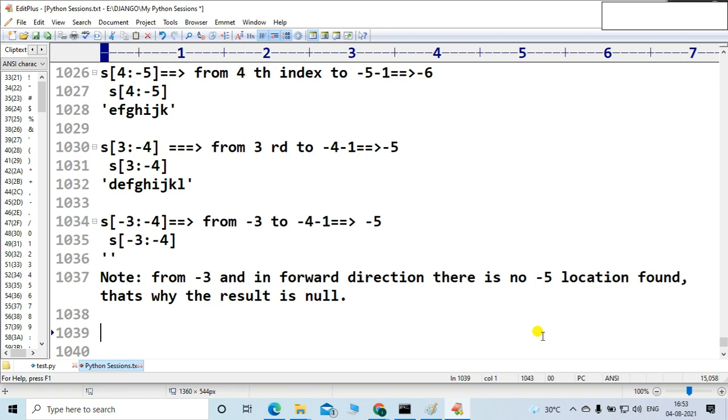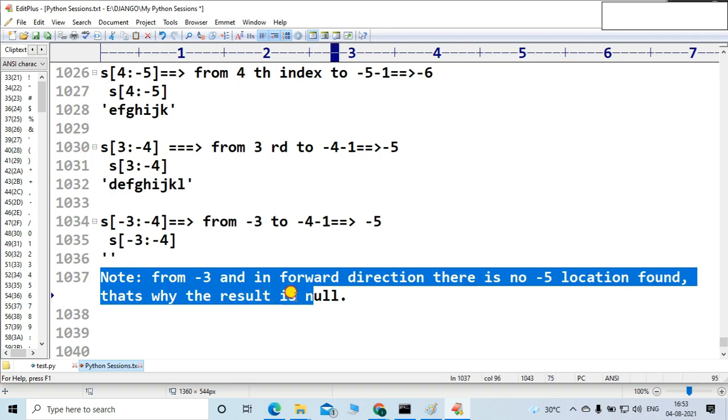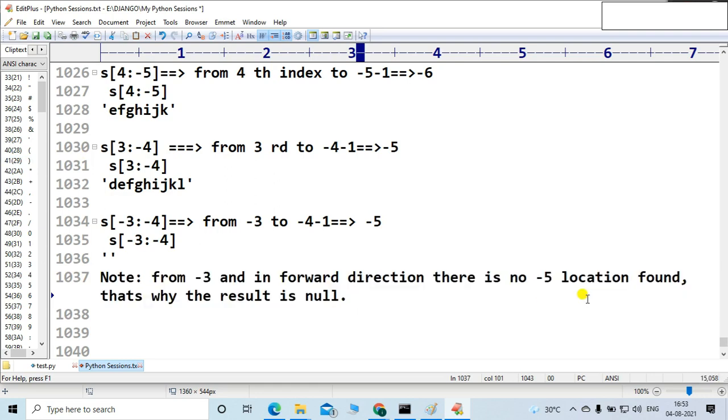Two rules are there. First rule is N minus 1, starting position, then N minus 1, and final position, right? N minus 1 starting index, N minus 1, that's it. And this is a note: if you do not find the N minus 1 location in the forward direction, then the result will be null.